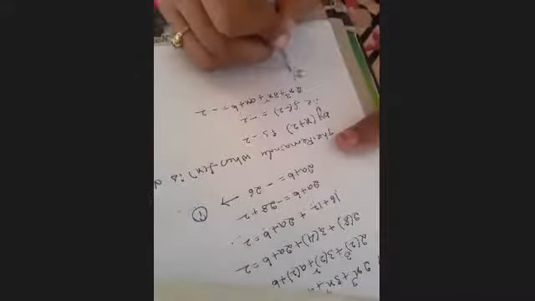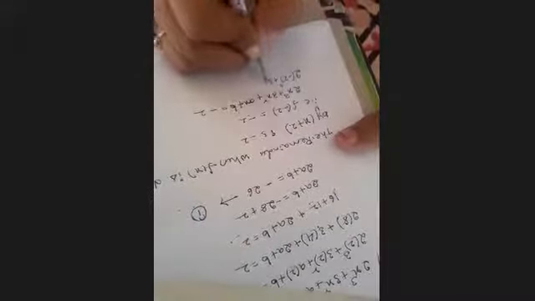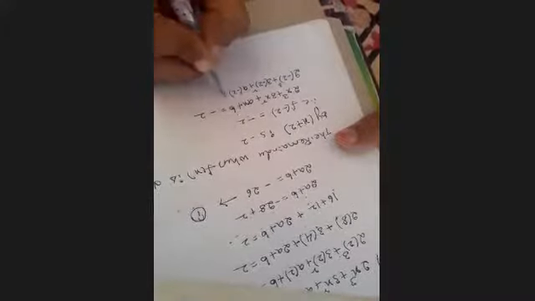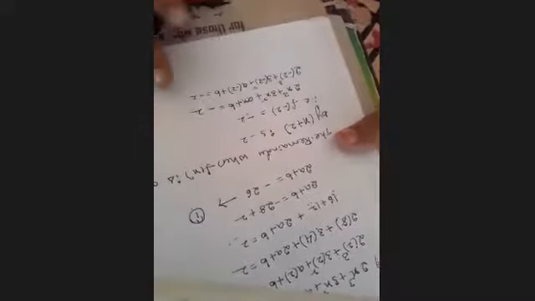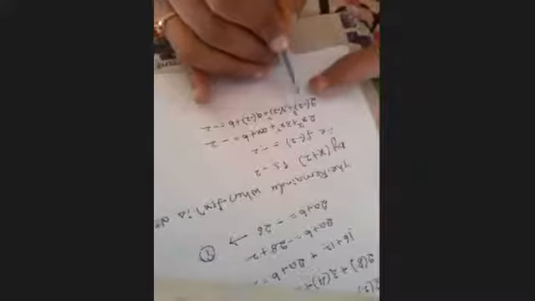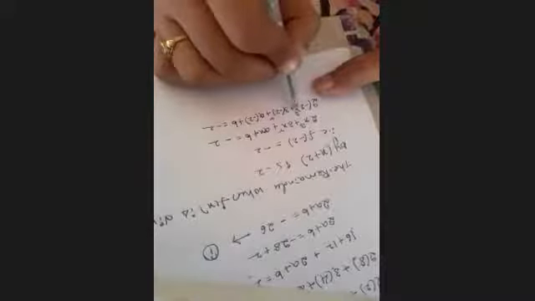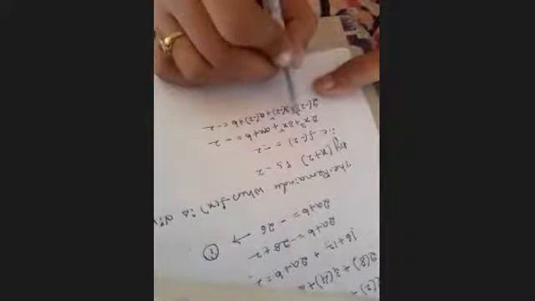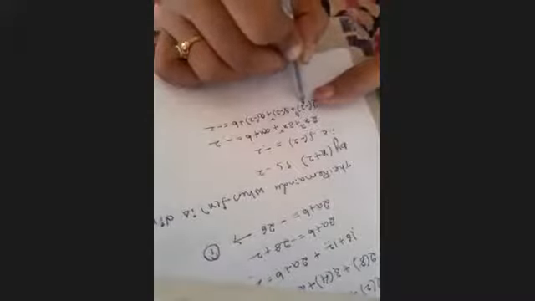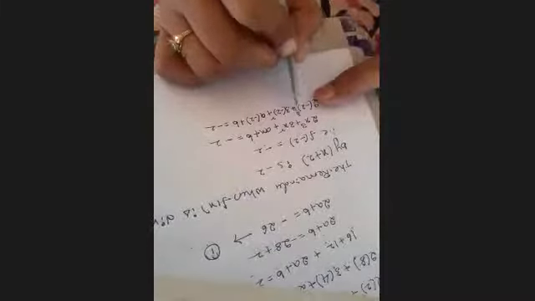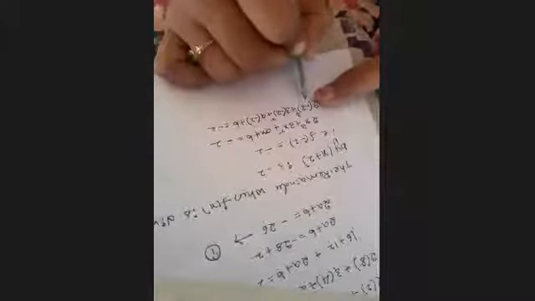So now I am replacing minus 2 here: 2 into minus 2 whole cube plus 3 into minus 2 square plus a into minus 2 plus b equal to minus 2. Okay. Now here, minus 2 whole cube, what will come? Minus 8 will come. Yesterday I said if the power is an odd number, the sign will stay negative. If the power is an even number, the sign will be positive. Odd number means negative sign will come. Even number means plus is there.